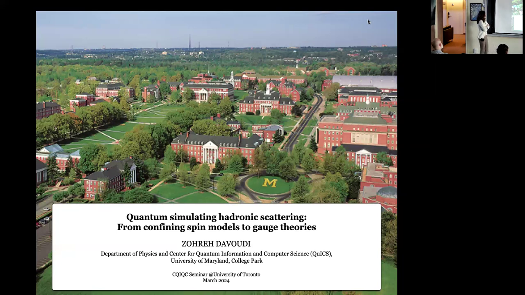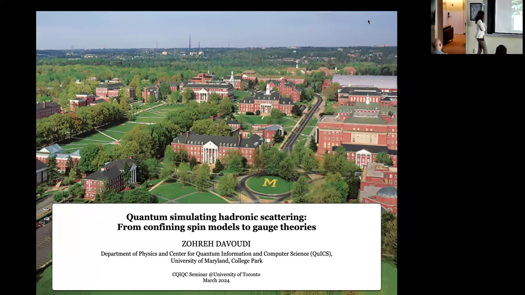So what I'm going to talk about is a topic that is actually becoming quite hot in nuclear and particle physics: how to simulate scattering processes using quantum computers. Scattering is a very important physical process. It has allowed us to learn about subatomic particles and all the underlying interactions. And for many, many decades, it has really guided both theory and experiment in where to go and how to find new physics. And even today, we're building multi-billion-dollar experiments to collide particles and learn new stuff.